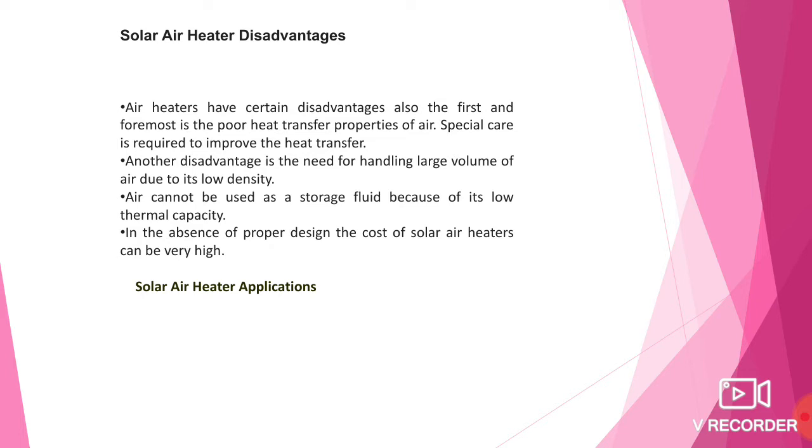So, we will see some of the applications. Heating buildings can use this particular solar air heater. Then drying agricultural produce and lumber, heating greenhouses, then air conditioning buildings utilizing desiccant beds or an absorption refrigeration process, then using air heaters as the heat sources for a heat engine such as Brayton or Stirling cycle. So, these are some of the applications of solar air heaters.